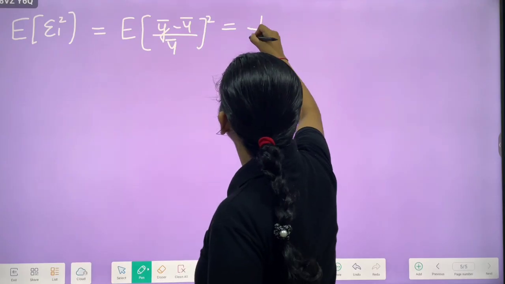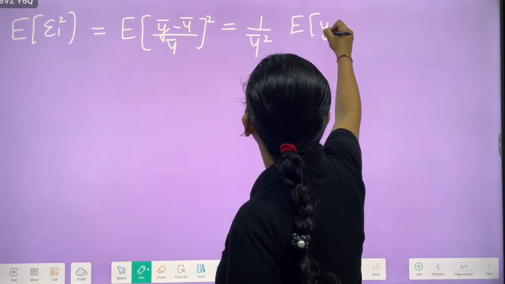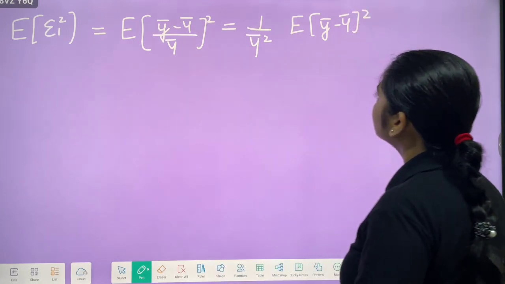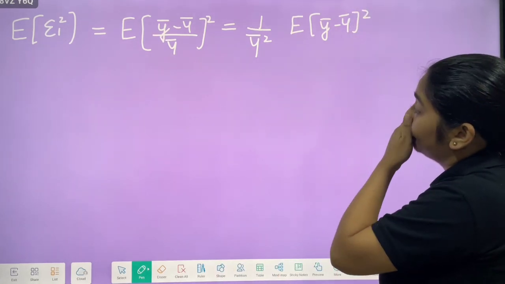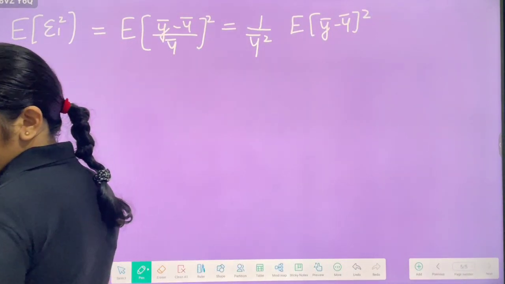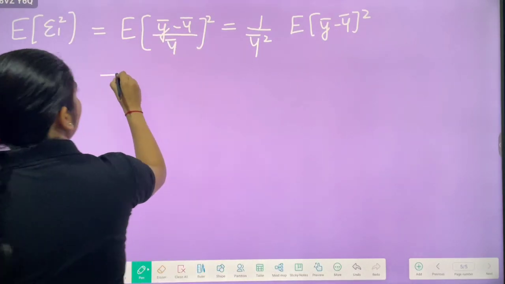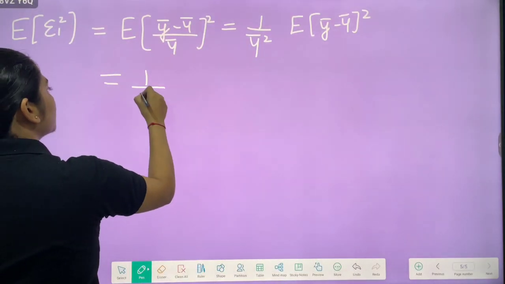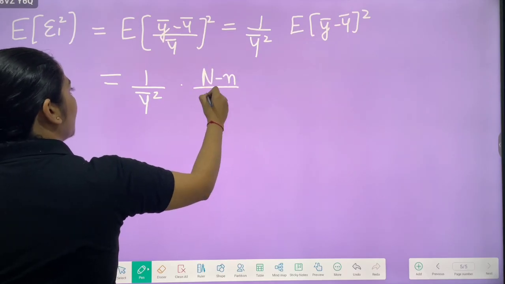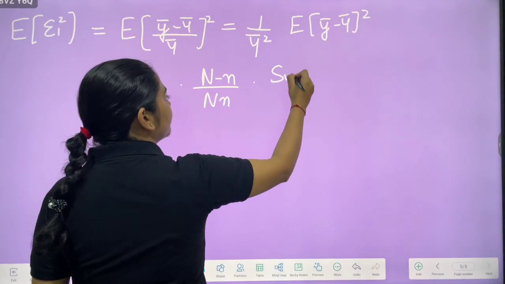So it will be nothing but 1 upon capital Y bar square, estimation of y bar minus capital Y bar whole square. And because this has been taken again from simple random sampling, it will be N minus n upon capital N into n into Sy square,